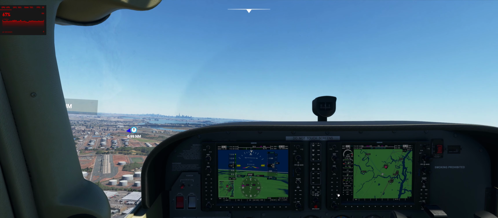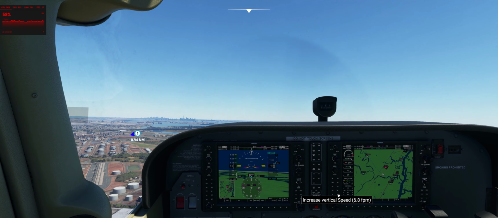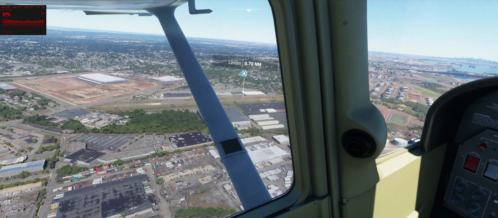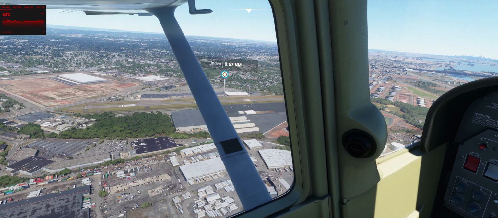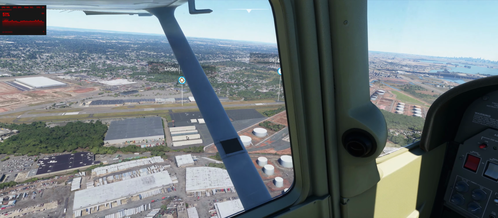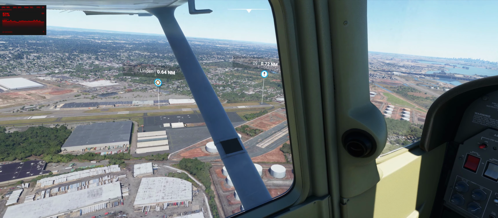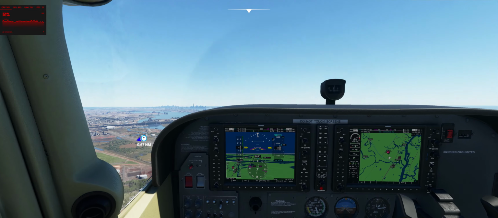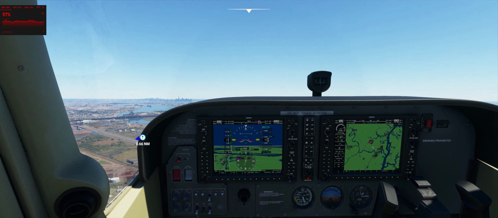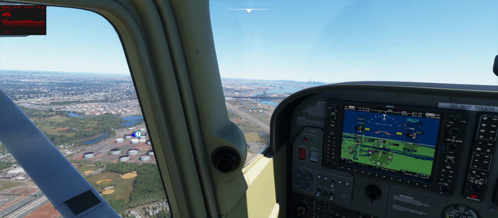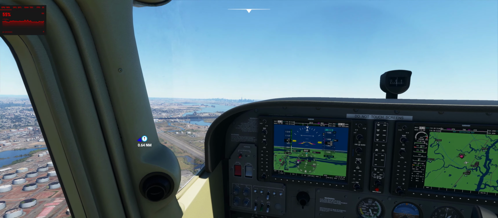Let's try to go up a little faster. There you go. And as I said before, these things look fine from up here, and I understand that. But when you're literally right on the runway and you see things like that, it's just, I don't know. And like I said, I can overlook that. It's just when you go into these major areas over here